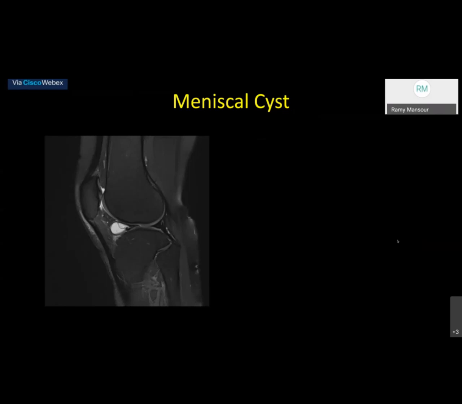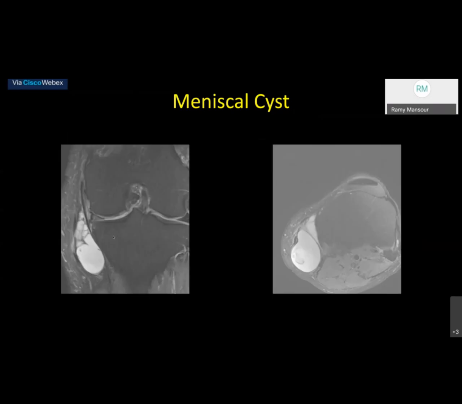We can see in this patient a sizable cyst projecting from the anterior horn of the lateral meniscus. They can grow and present as a very large mass on either the medial or lateral side of the knee. The clue is always to follow the meniscal cyst itself and see if there is any communication with the menisci,